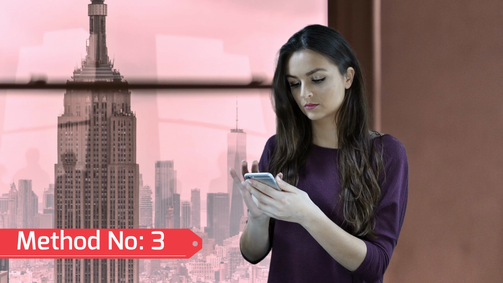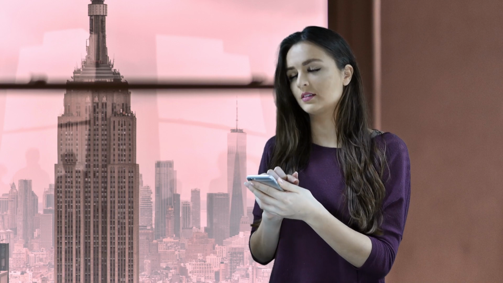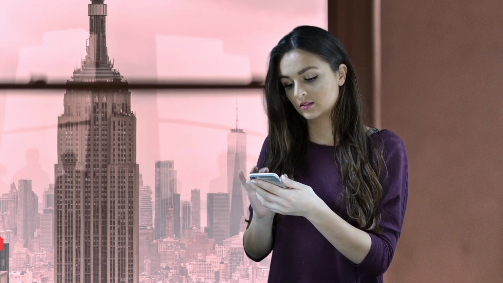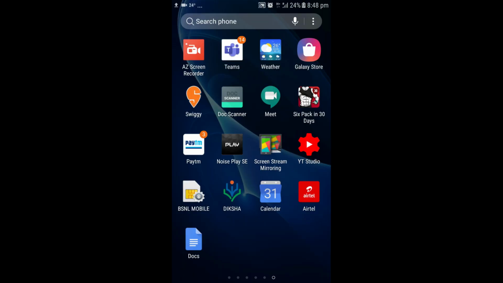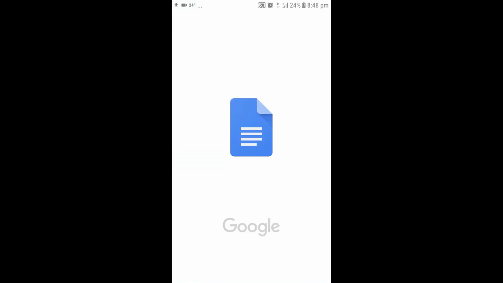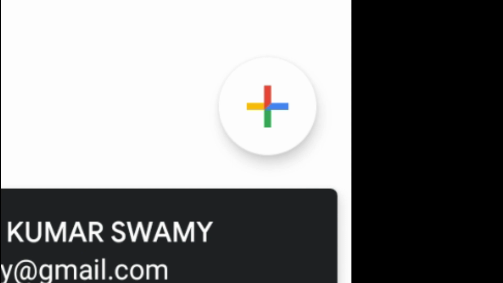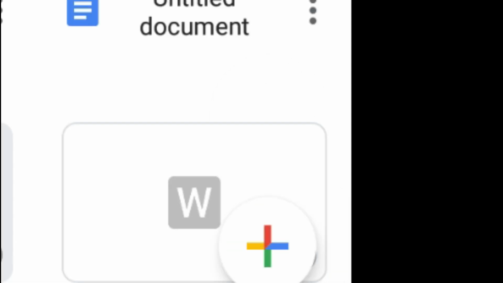Now another method is if you want to write the answer using your mobile phone, that is also possible. For that, first you have to download the Google Docs app into your mobile phone. Here you can see I have already downloaded the Google Docs app. So you can also download it, open that Google Docs app and select a new document.